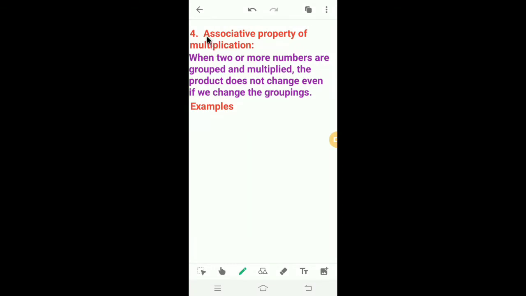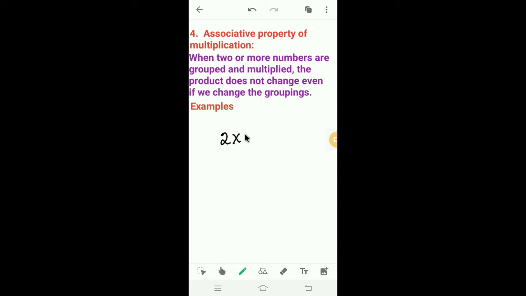Let's learn the fourth property of multiplication, associative property of multiplication. When two or more numbers are grouped and multiplied, the product does not change even if we change the groupings. For example,